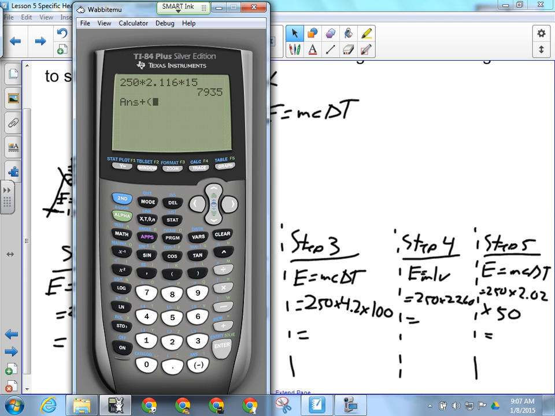So we've got 250 times 333, plus our next step, which was 250 times 4.2 times 100, plus 250 times 2,260, plus 250 times 2.02 times 50. You don't have to do it that way on a test or anything, guys. If you want to do each step separately and add them up, that's fine. So our final answer there is